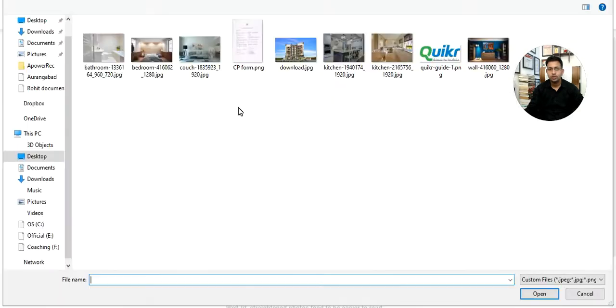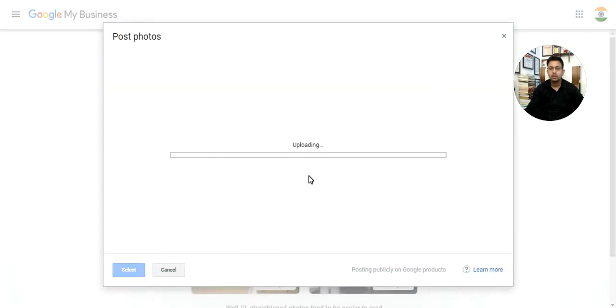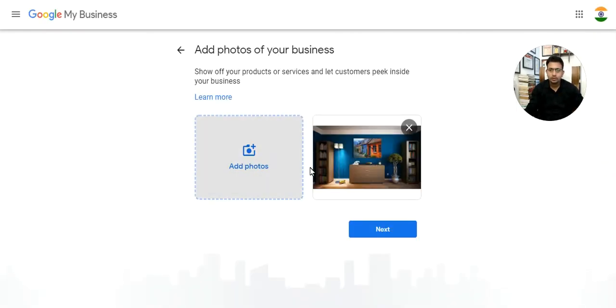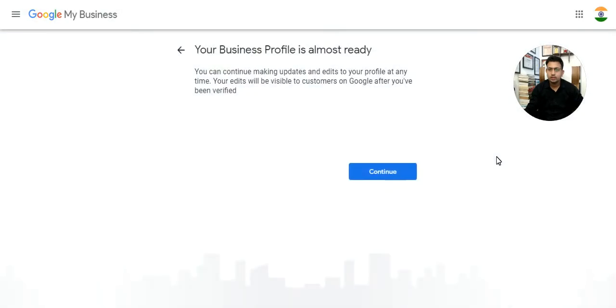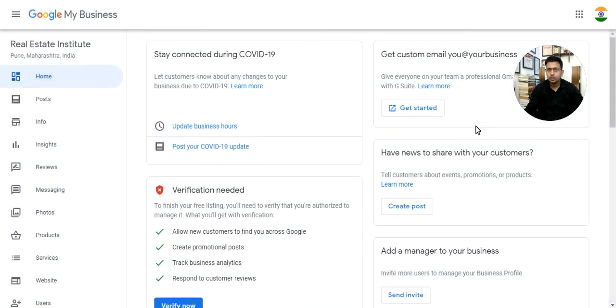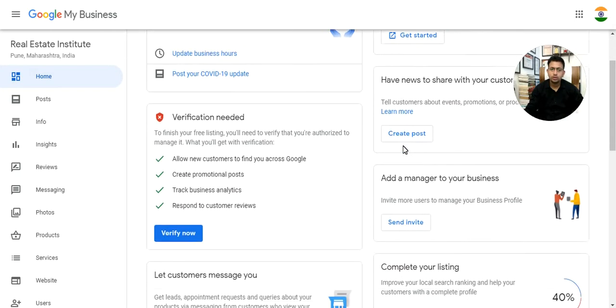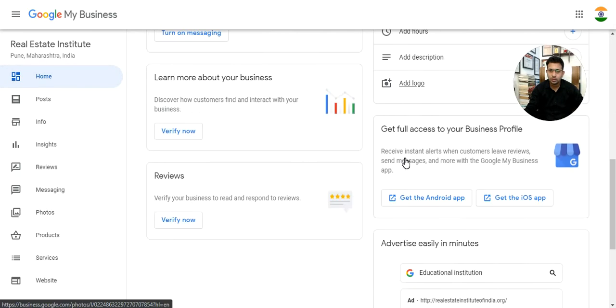You need to upload it first. I'm uploading one photo of the living area, or let's continue with this real estate living room. It's a virtual thing only. I have no idea, it's downloaded from the internet. Your business profile is almost ready, and I need to verify. See, without verification, you will not run the ad campaigns, and you cannot get calls from the customers.